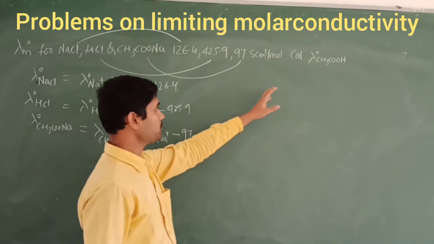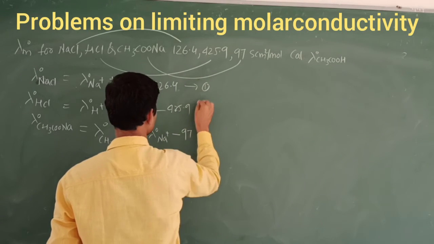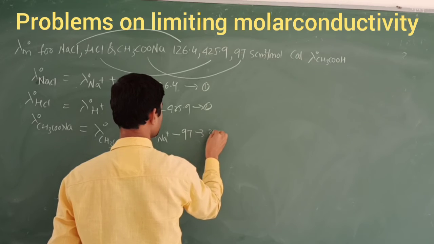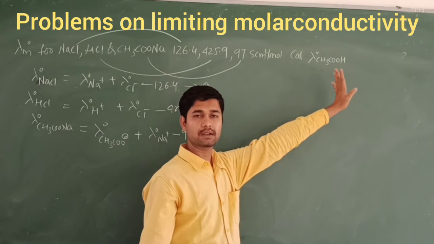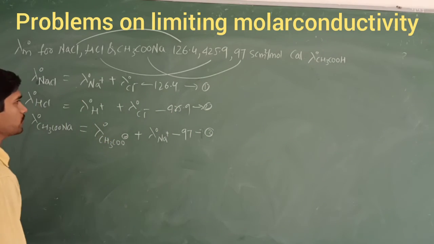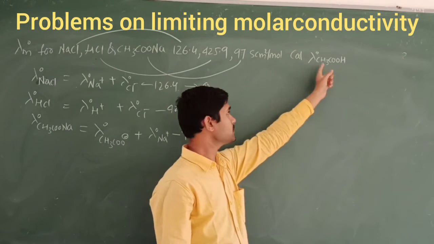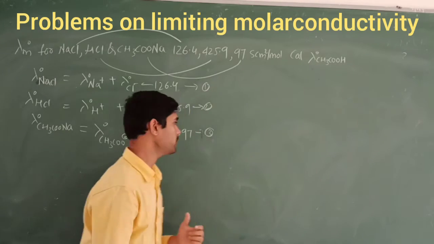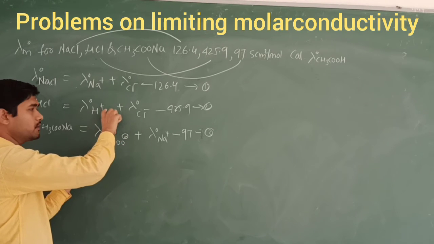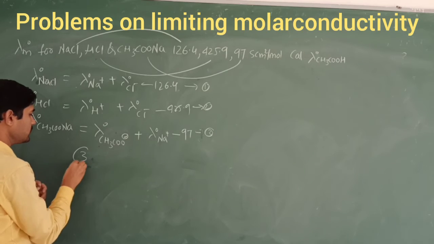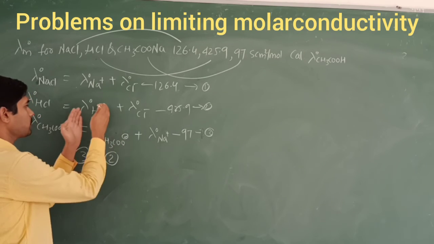So now, in order to obtain this, we do a simple calculation. I am going to call these equation number 1, equation number 2 and equation number 3. By using only these three equations, we should find the limiting molar conductivity for acetic acid. How are we going to do this? We require the acetate ions, right? When you split acetic acid, it forms the acetate ion. Its individual ions will be acetate ions and H⁺ ions. So we add equation 3 with equation number 2. Why? Because we get the acetate ions plus H⁺.